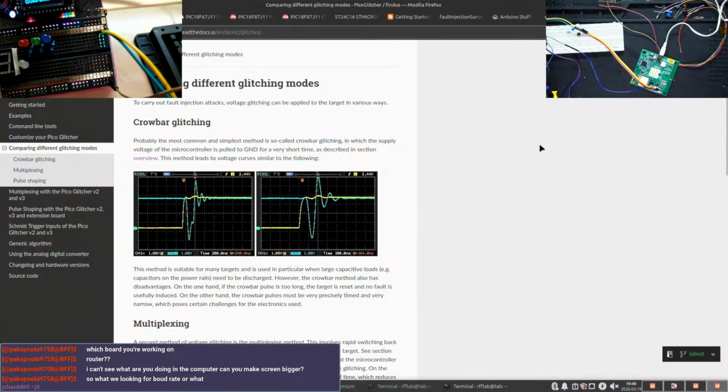And crowbar glitching is essentially just dropping the voltage on a voltage line to ground very quickly to kind of interrupt the device, or interrupt whatever voltage line that device is connected to. Basically drop a bit or flip a bit or corrupt a bit or cause some sort of branch in code execution. So what I want to do is test and see if we can get the